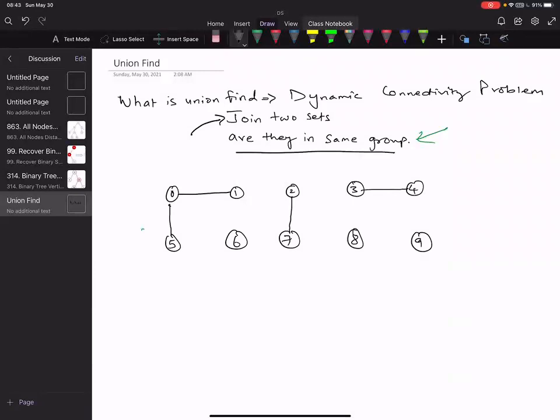But the problem with this is that every time you want to ask whether 3 and 8 are connected or not, or whether 4 and 9 are connected or not, we have to solve that problem again. In a sense, every time I have to do DFS, right? Is it clear?